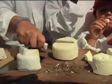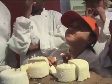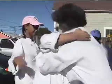This one has some white mold growing on it called Penicillium candida. And you'll see that on some of the famous cheeses like Brie or Camembert. Is the mold good for you? This mold, I think, is really good for you. It's a relative to the medicine that you take. This one is 3 weeks old. Tastes good. Thank you so much, Sue. That was